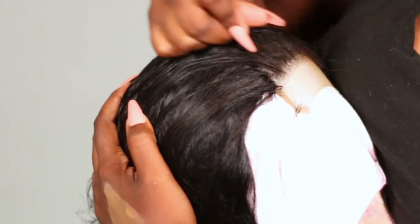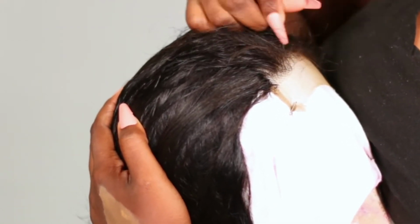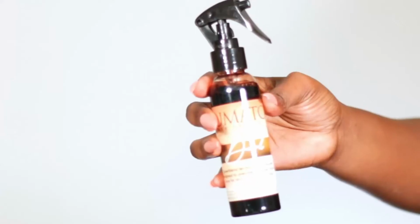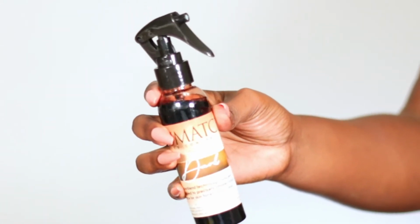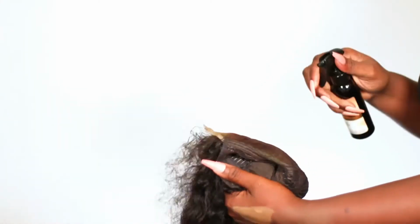So as you can see, I've already started plucking the hairline just to make it look a little more natural, but I'd be scared to pluck it. I'd be thinking I'm gonna pluck way too much out, so I need to work on that. Then I'm going to take this True Match Lace Conceal in the shade Dark. I always see Alonzo Arnold use this on his clients, and their hair always comes out really nice. So I decided to buy it probably about 2-3 months ago, and I'm just not using it on this terrible